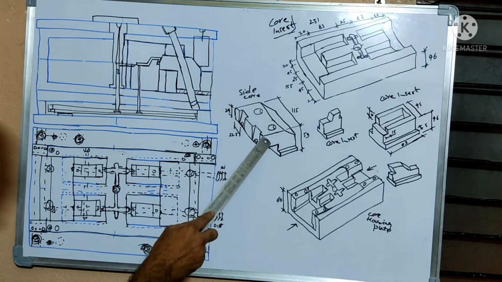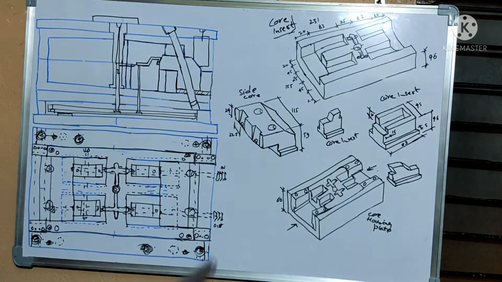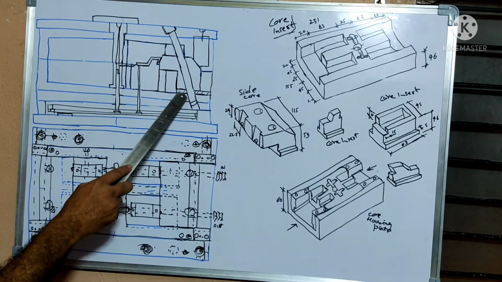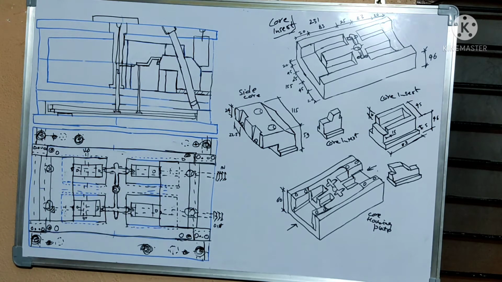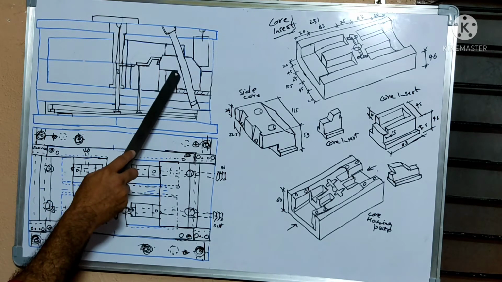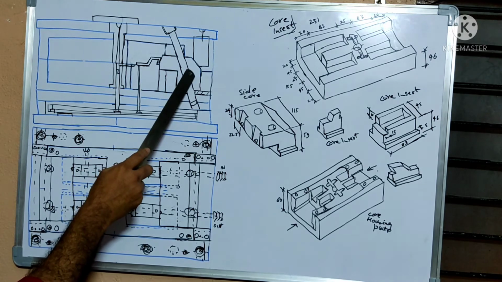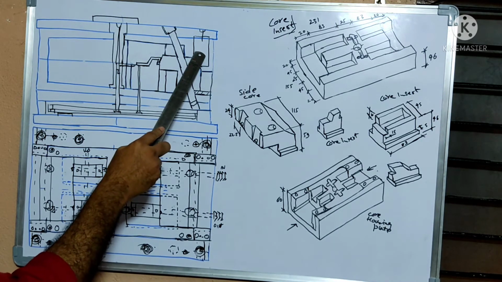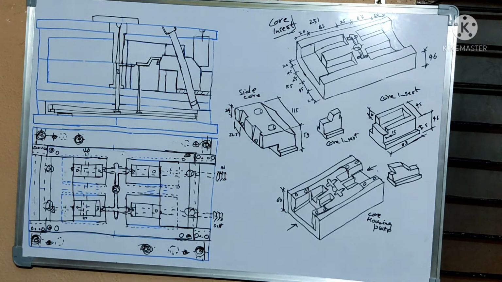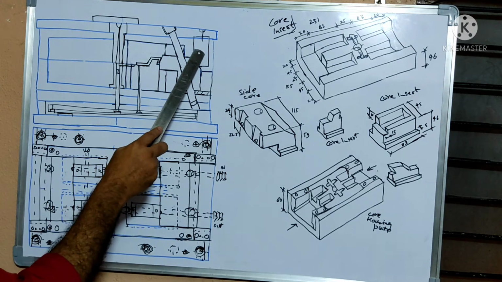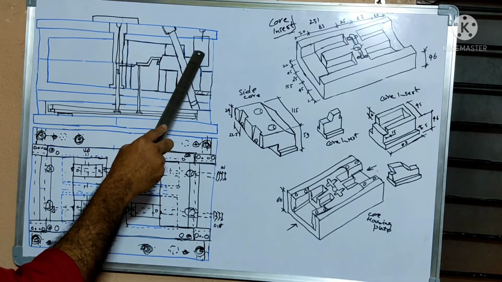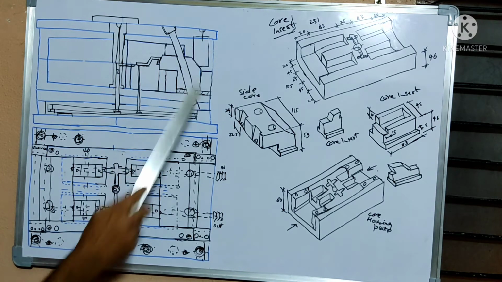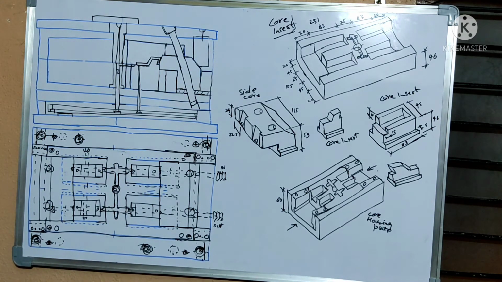This side core has 2 cam holes, and already you know the diameter of the finger cam is 12 mm and the angle is 10 mm. For the locking of the side core, a wedge or a heel is placed behind the side core. You are observing this one, and it is perfectly fixed in the top plate by using Allen screws.